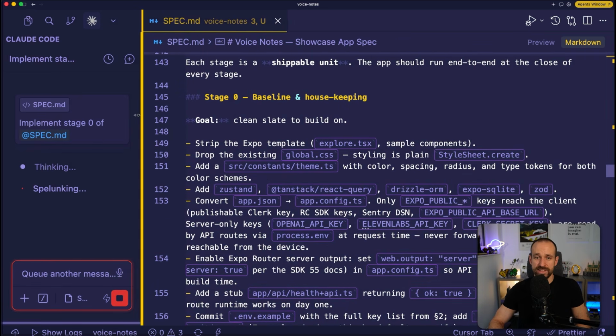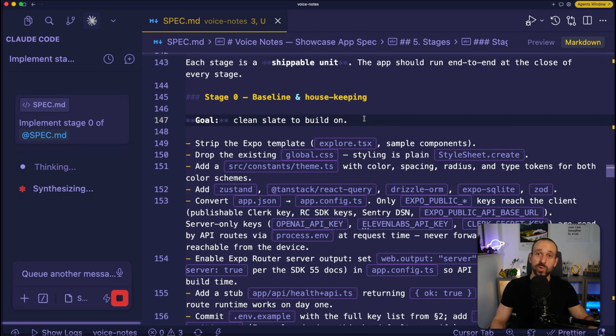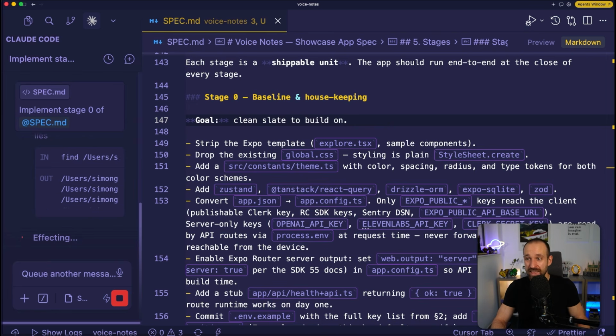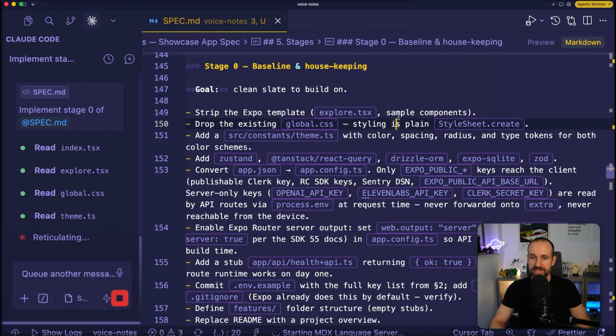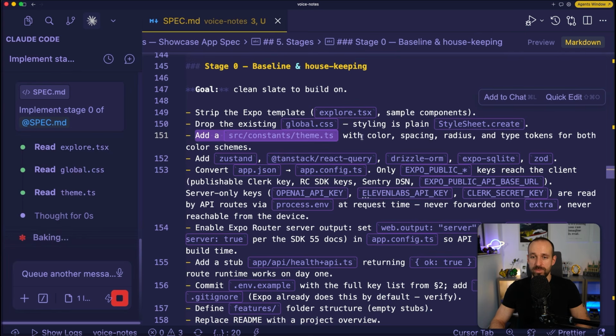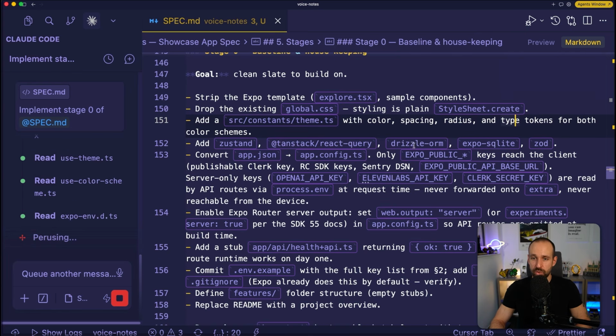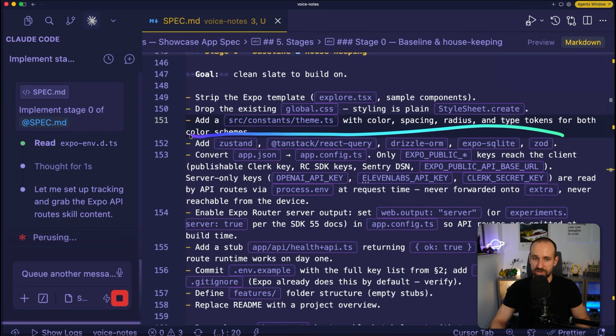While Claude is getting started, let's take a look at what stage 0 is actually about. And this is what you as a developer would normally do, probably, or most likely I recommend doing as well. Because in here we have the goal, a clean slate to build on. So we want to strip the Expo template, okay? We want to rip out all the stuff we don't need. Drop the existing global style sheet, add a new theme with color, spacing and stuff for our color scheme. Then we want to have Zustand, TanStack Query, Drizzle, expo-sqlite, Zod, all the great stuff in here for our app,